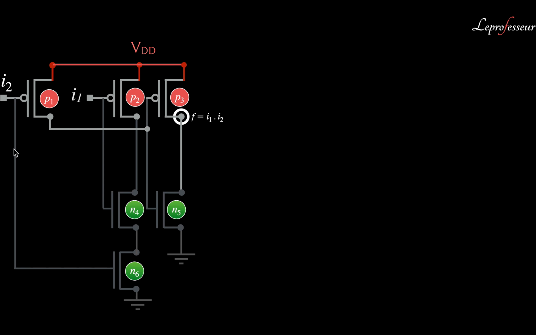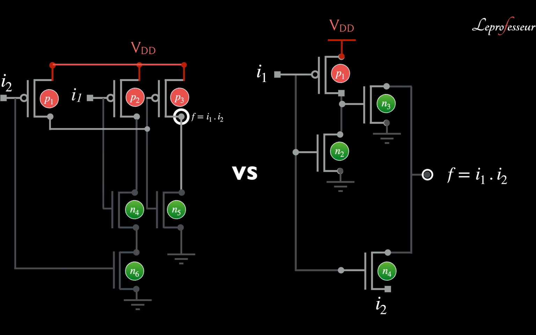So these 3 PMOS are connected in a parallel configuration. So this is an AND gate, right? And then the inverter makes it an AND gate. So these two transistors are in parallel, these two are in series, and then followed by an inverter. Now if we compare this circuit with our pass transistor circuit,